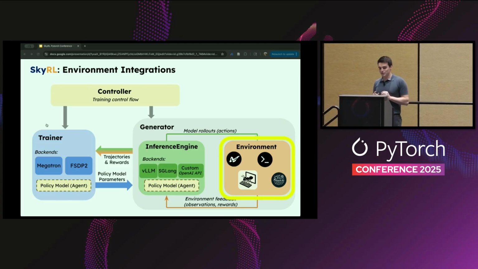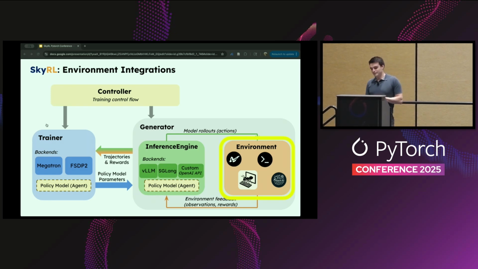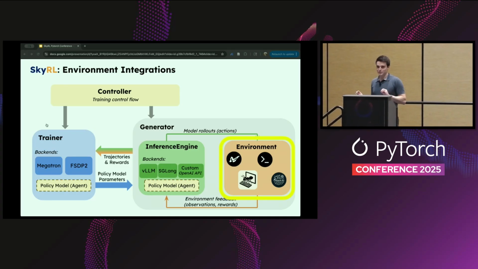As a demonstration of this, we have a few examples in the repo, like integration with Prime Intellect's Environments Hub, or Terminal Bench, or Mini Suite Agent, or the Search R1 recipe. These are examples where, as I said, not implemented in the Gymnasium API, but just stacked directly on top of SkyRL. So I'll conclude the discussion of the training stack just by saying that really the core philosophy is enabling